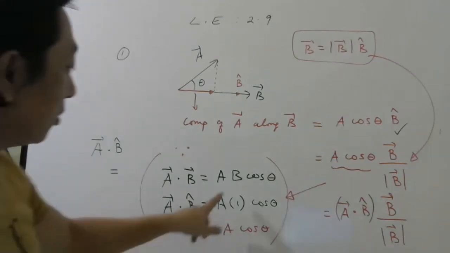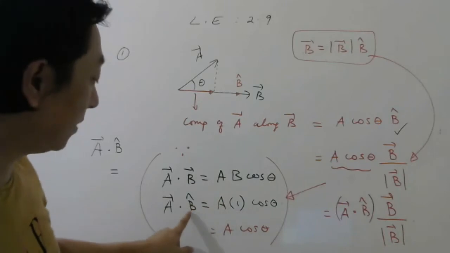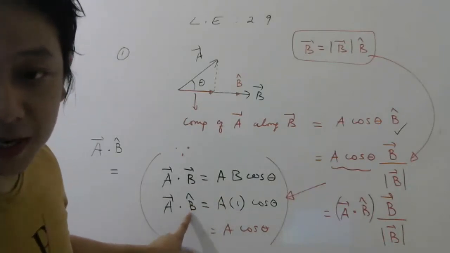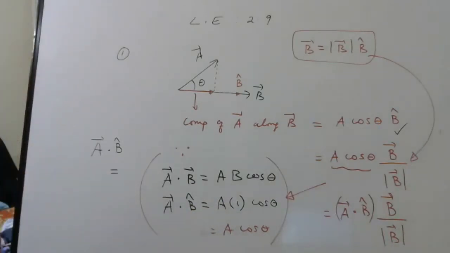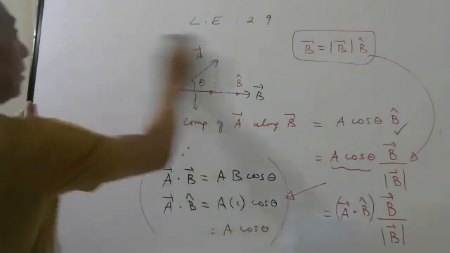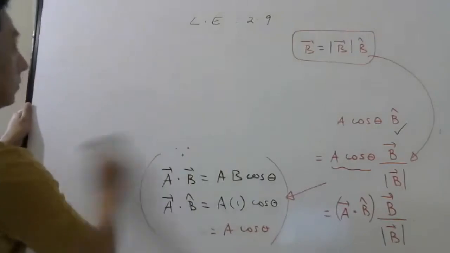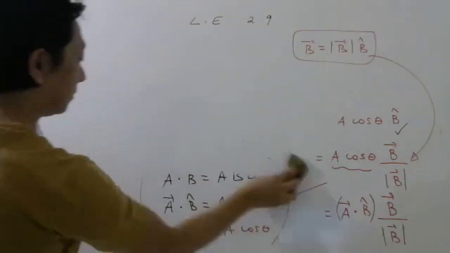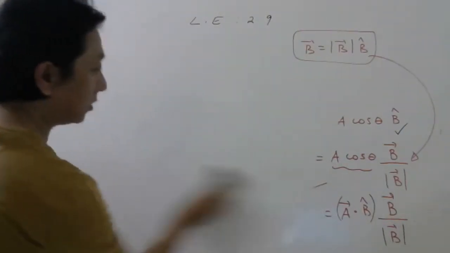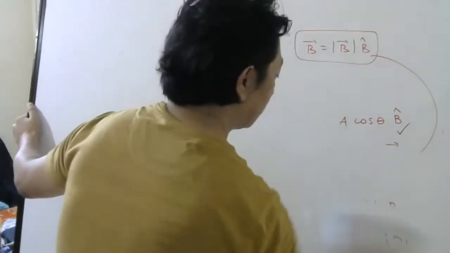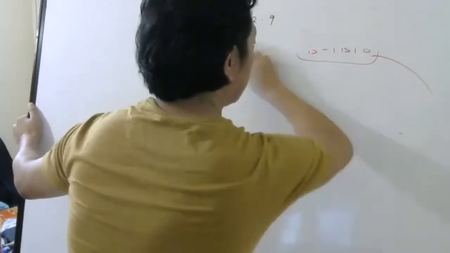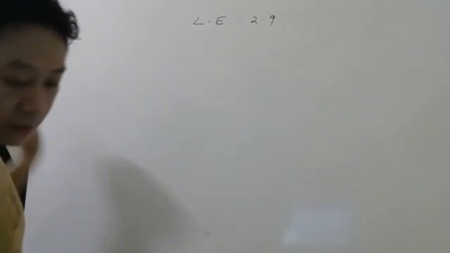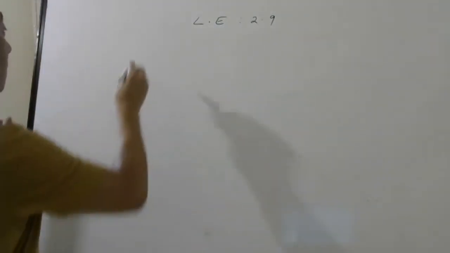Abhigna, you understood? No, you cannot say B here because this is B cap. Abhigna, you understood, right? Correct. Now you only wrote A cos theta. Yeah, it's okay. So this was your question number 1. Let us see now question number 2.